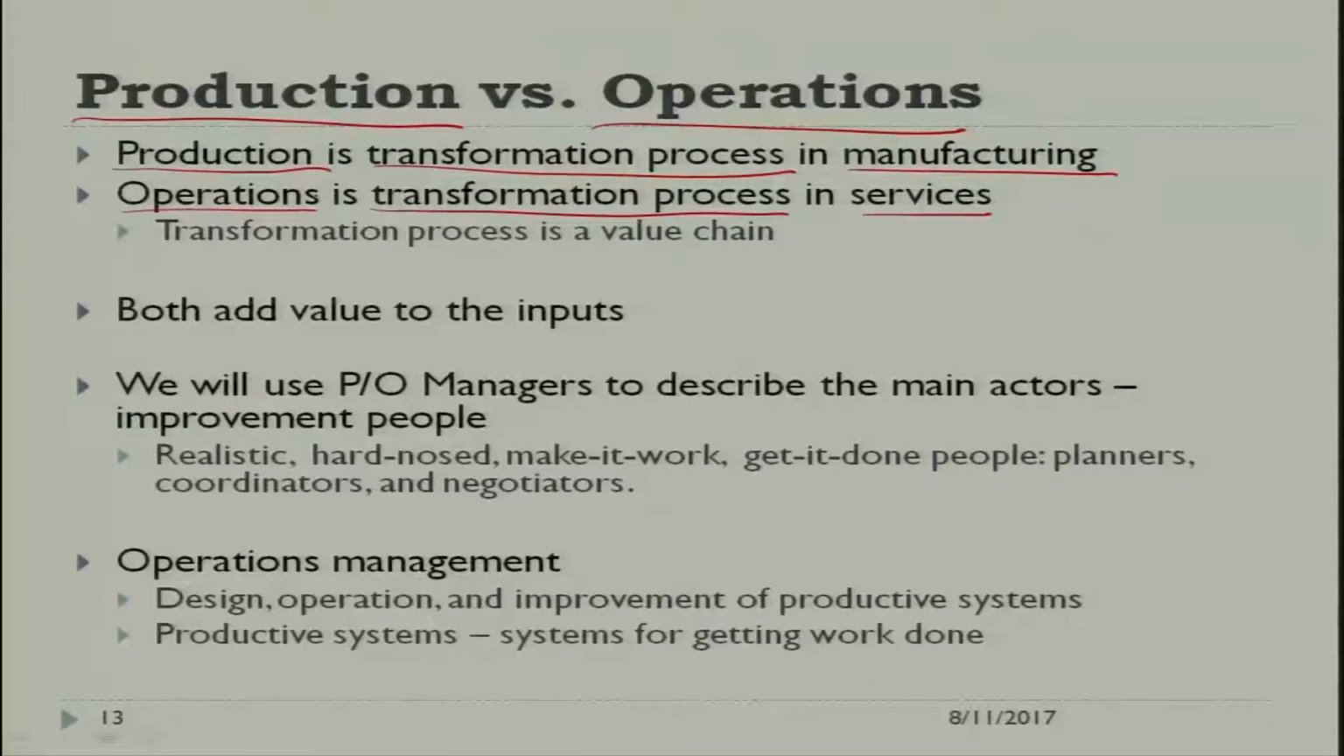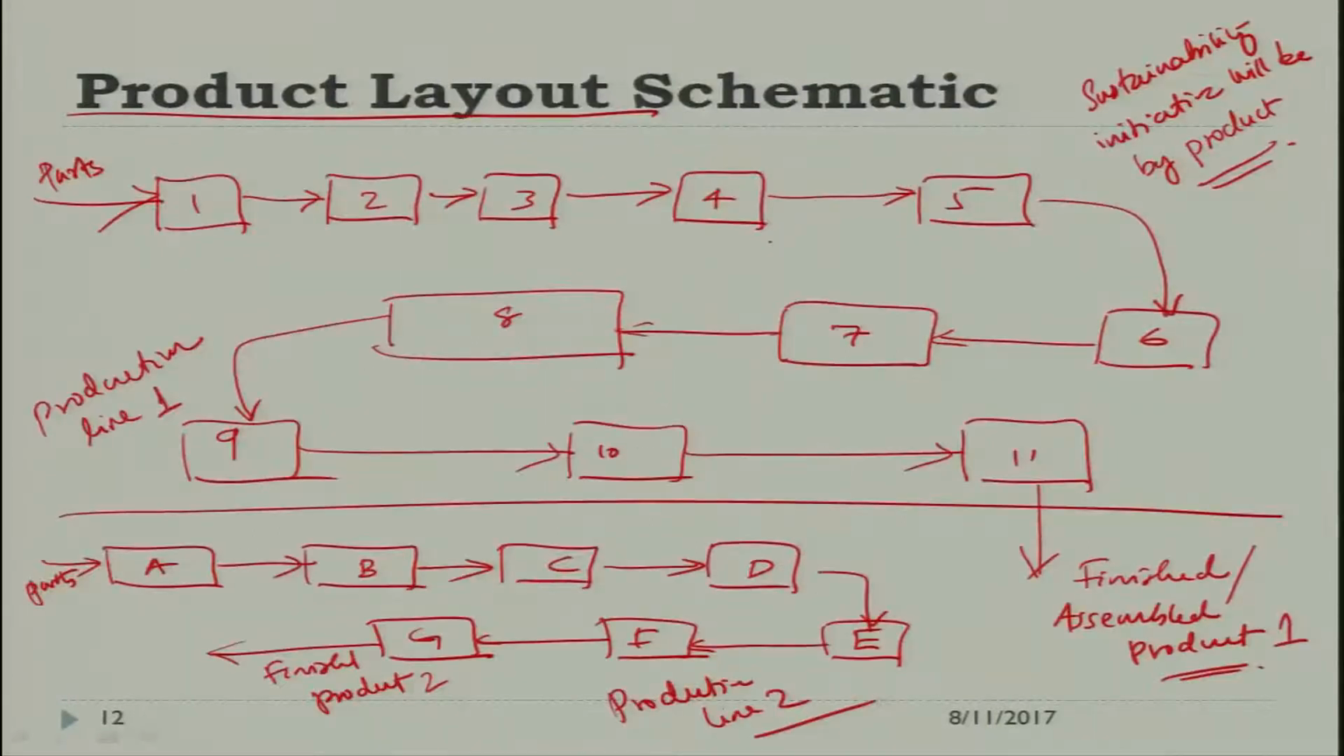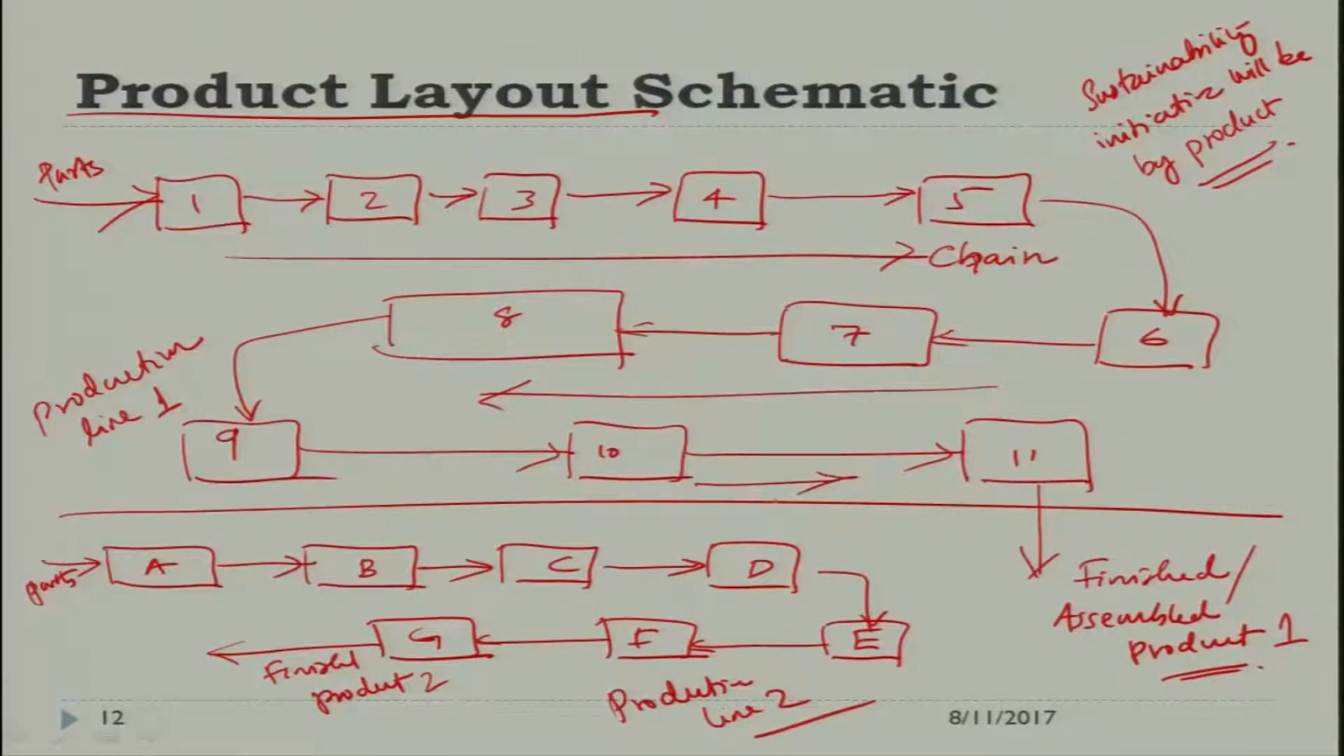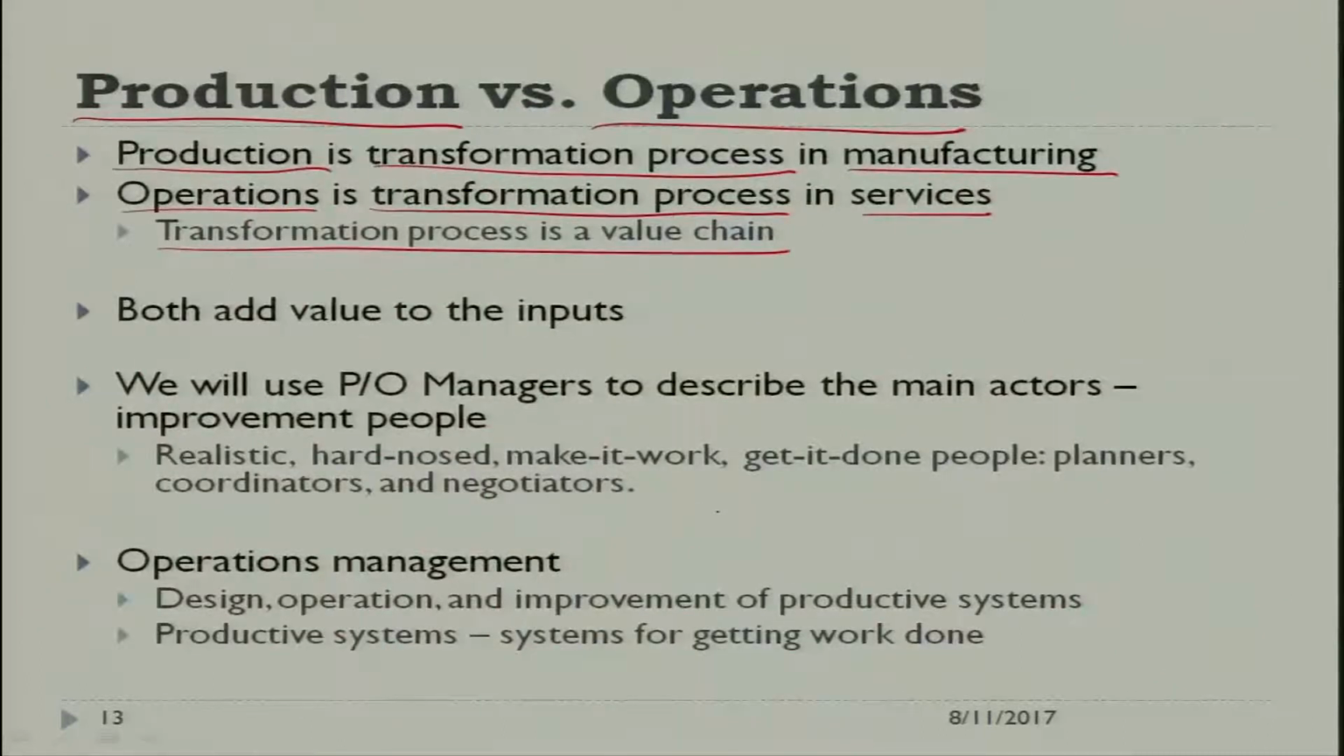In a way, the transformation process is a value chain. In a product layout, this is the chain. As we move along each part of this chain, we add value. Every step in this chain adds value to the product. We keep on moving in a chain. So, the transformation process in manufacturing is called production. The transformation process in services is called